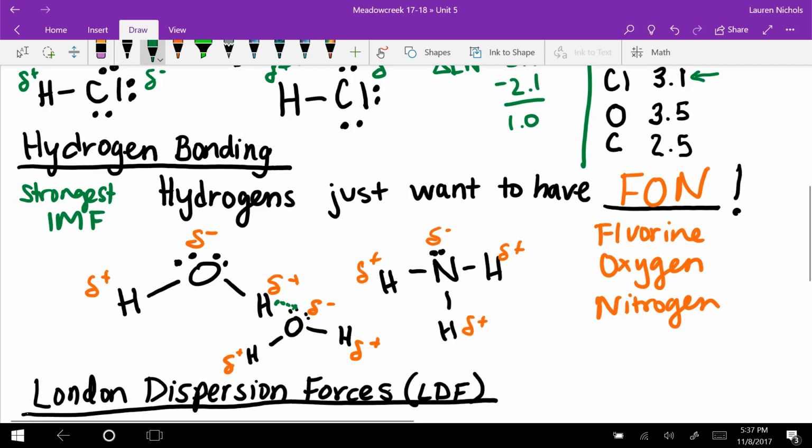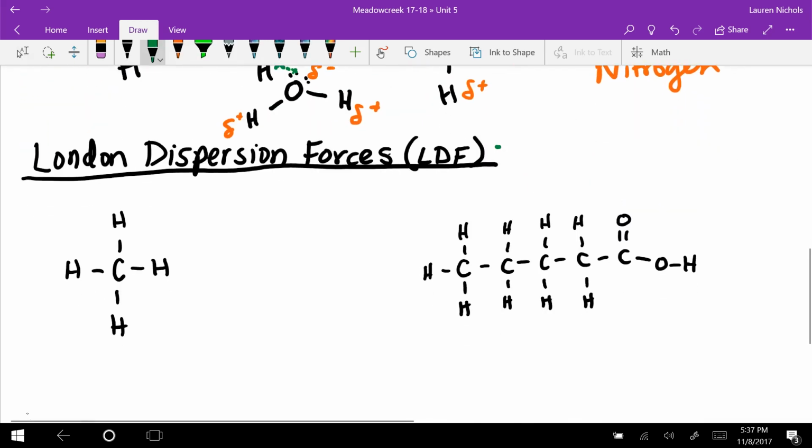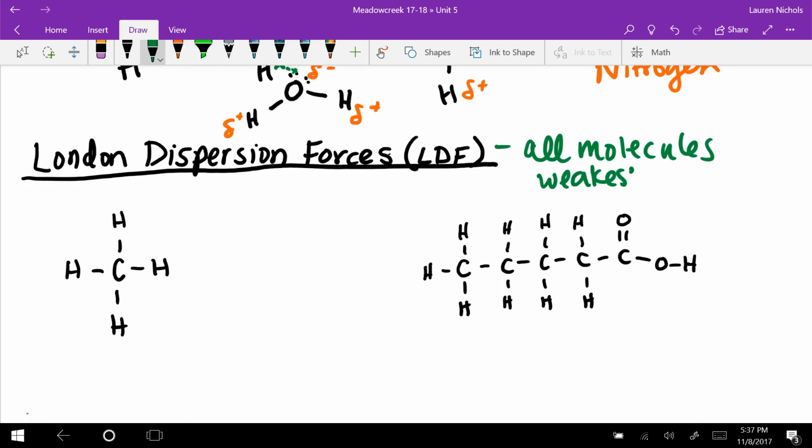Okay, ionic is not really an intermolecular force because when it's all together, those ions are kind of mushed in one place. But hydrogen bonding is the strongest. Then you're going to have dipole-dipole, and the weakest of them all are the London dispersion forces. These are found in all molecules, and they're the weakest. Okay, so essentially what it's saying is these electrons that are in these bonds here,